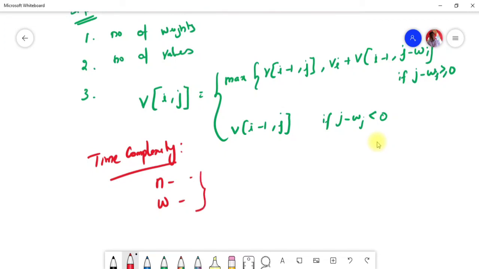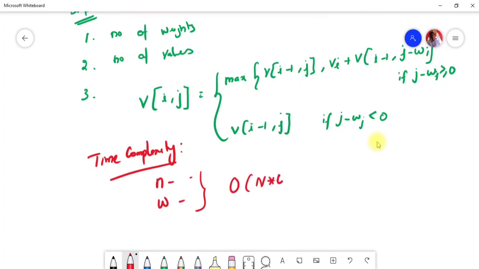What we are going to do is remove the recursive function calls and store the results in the table. What we are actually storing are the solutions of the subproblems, right?